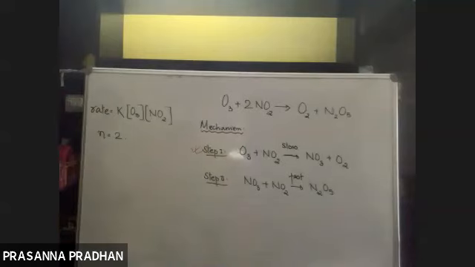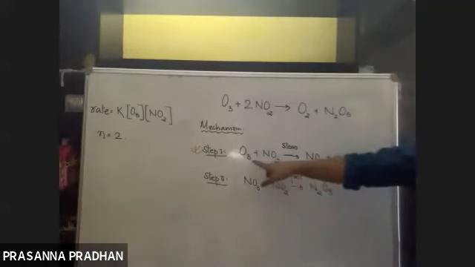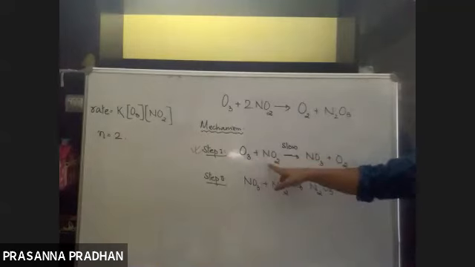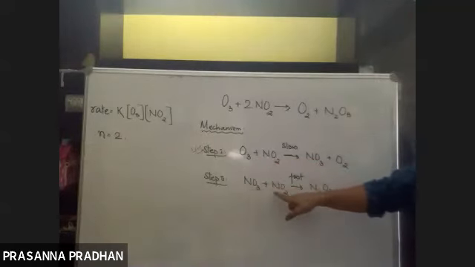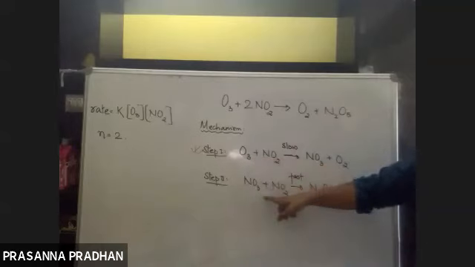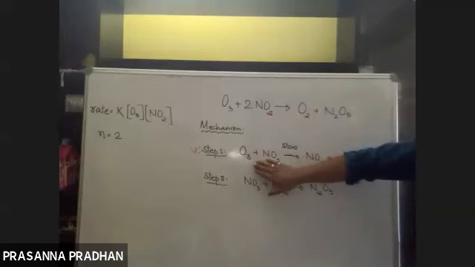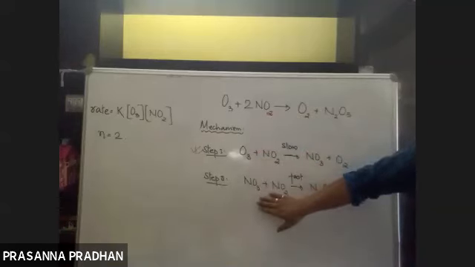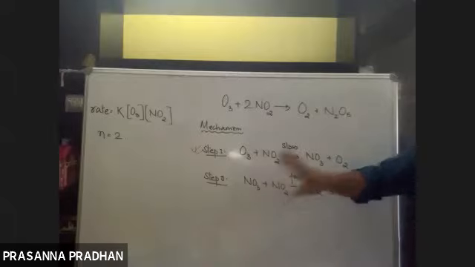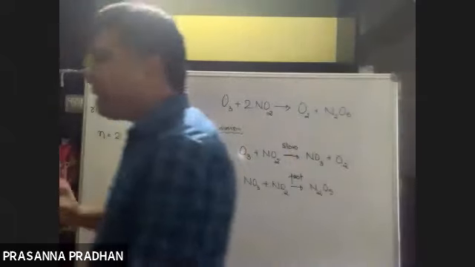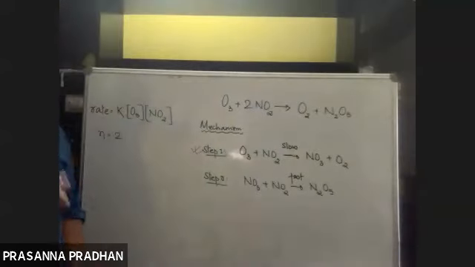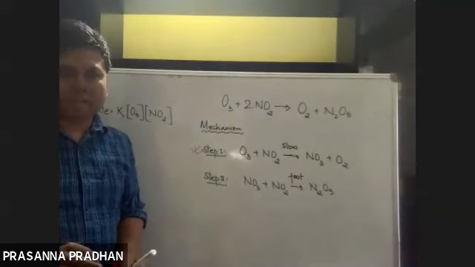Now, again, I'll take 2 more minutes. What is the molecularity of this reaction? 2. What is the molecularity of this step? 2. Now, for a complex reaction, each step has its own molecularity. Here, the molecularity of both steps are 2 and 2. But it might happen for some reactions, the molecularity of the first step can be 2, the molecularity of the second step can be 1. There are many examples like this. So, molecularity of a complex reaction is meaningless.